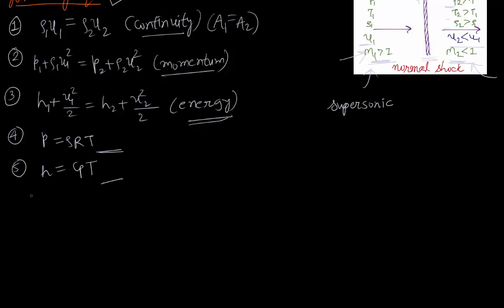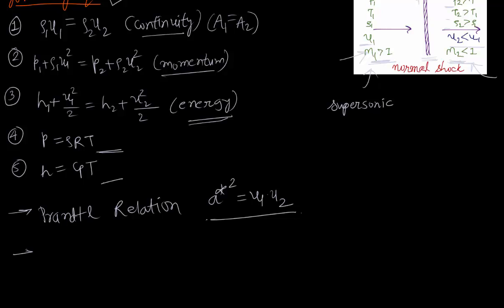Now we will solve these equations and determine the properties behind the normal shock wave. In determining these properties, we will first derive what are known as the Prandtl relations. The Prandtl relation is a star square equals U1 into U2, and after that we will find properties behind the normal shock in terms of different ratios: P2 by P1, T2 by T1, ρ2 by ρ1, T02 by T01,